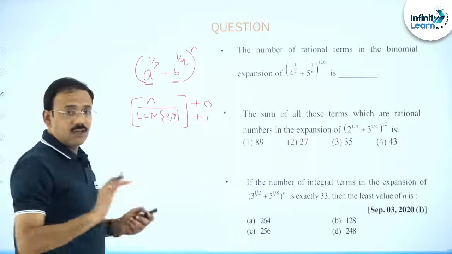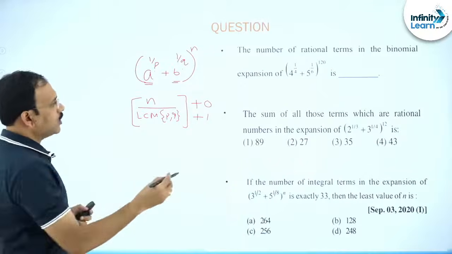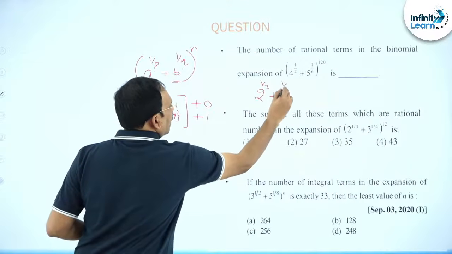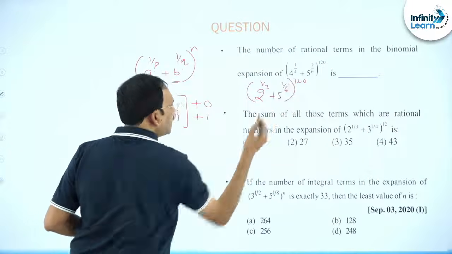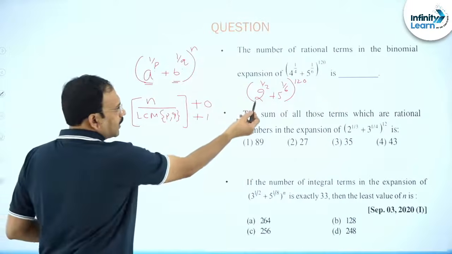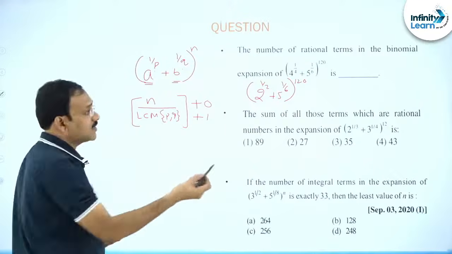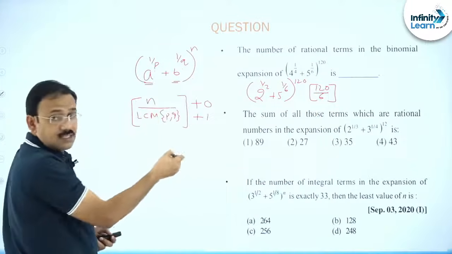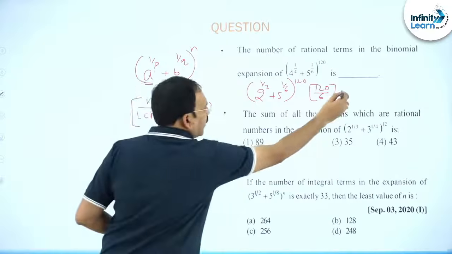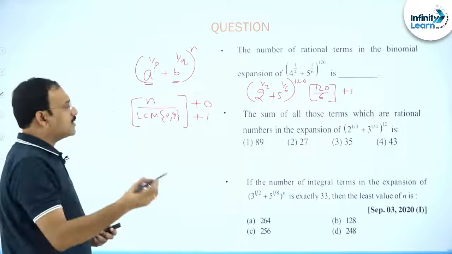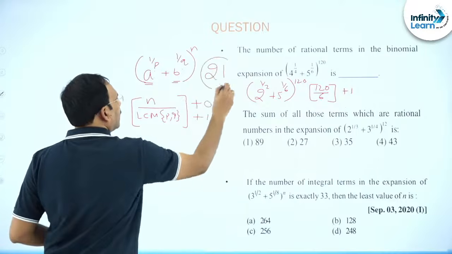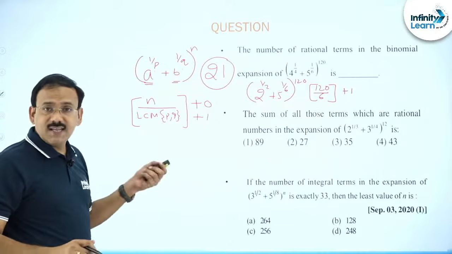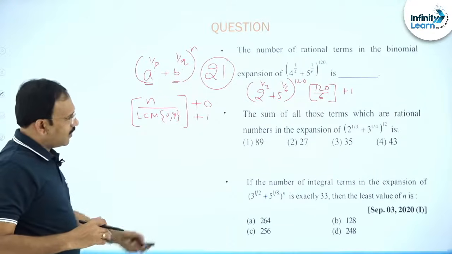The first question, without doing any calculation I am going to answer it. This is 2 power 1 by 2 plus 5 power 1 by 6 whole power 120 is given. You just see both are prime, LCM of 2 and 6 is 6, 120 by 6 is going to be 20, since 2 divides as well as 6 divides 120, plus 1. So, your answer is going to be 21. That is all. Almost it takes no time. This is also a recently given question. In the same way, you take this question,